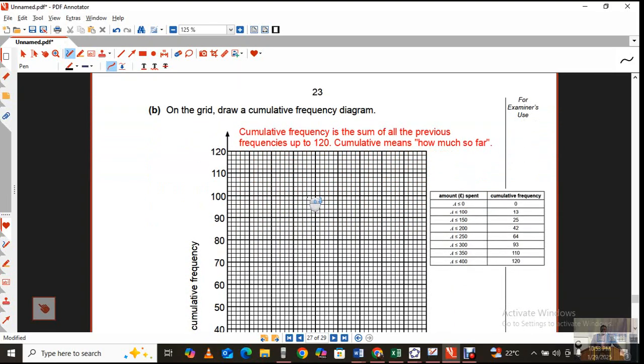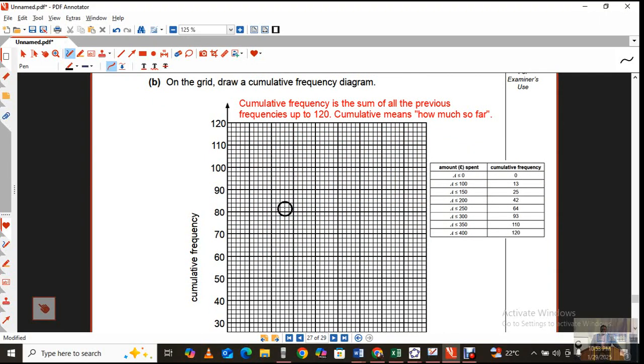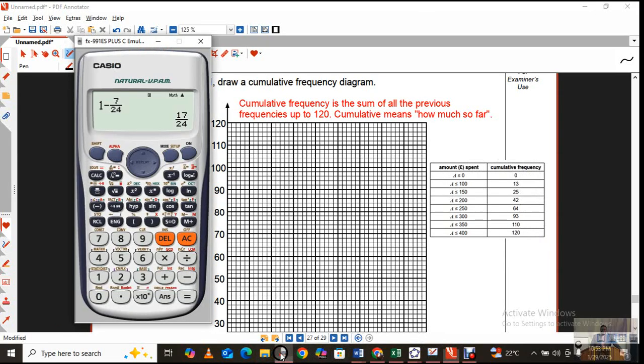I think that concept I will use in the next part. Here, the most important thing that I want you to remember is that if you use that frequency table that you have, the ones that are summing up to 120. So if I take my calculator and show you what I'm trying to say, if you add those frequencies, 13, because I'm not going to put 0, plus 25, plus 42, plus 64,